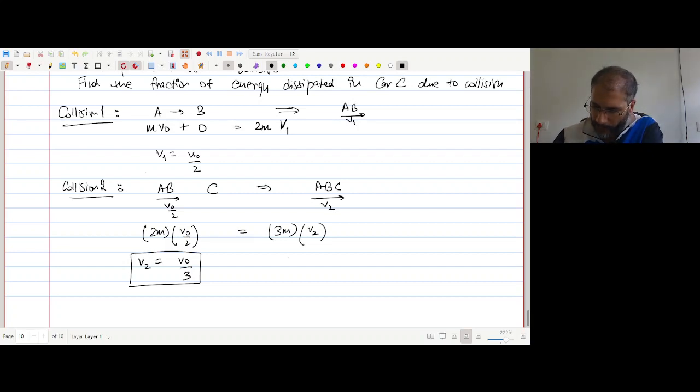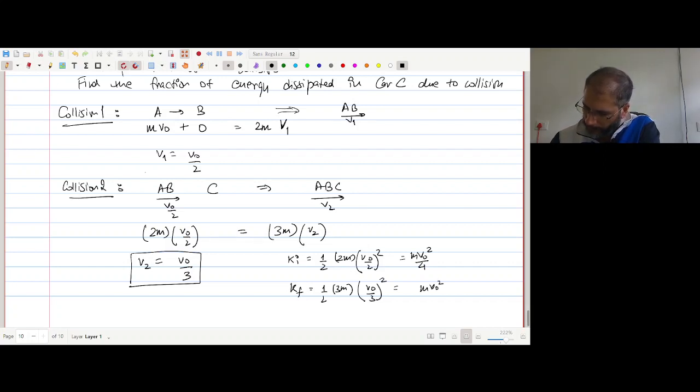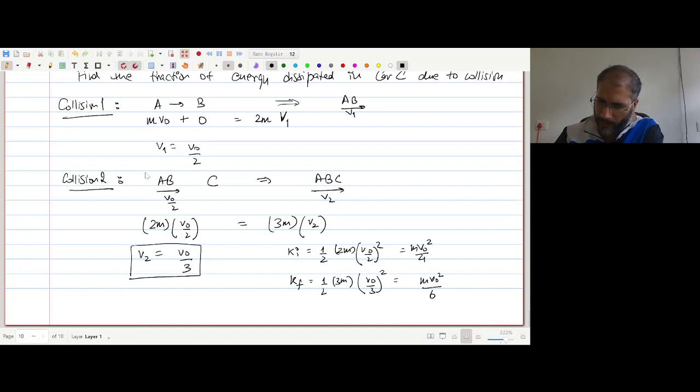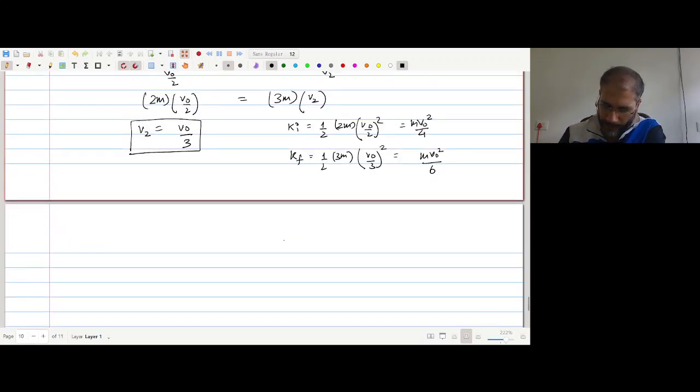So we can find for this collision number 2, the initial kinetic energy was half times 2m times v naught by 2 squared, which is m v naught squared by 4, and the final kinetic energy is half times 3m times v naught by 3 squared. That is half m v naught squared by 6. So the change in kinetic energy, because remember we're trying to find out how much energy is lost,